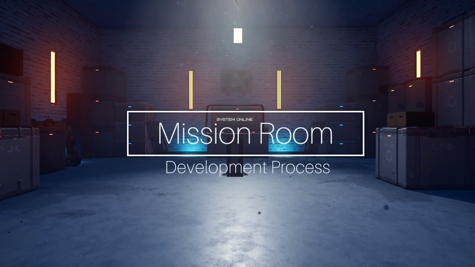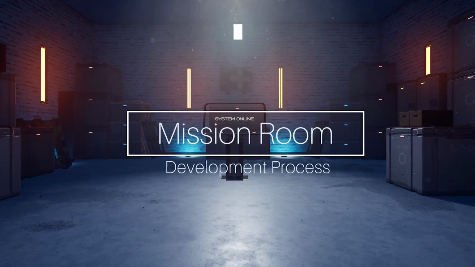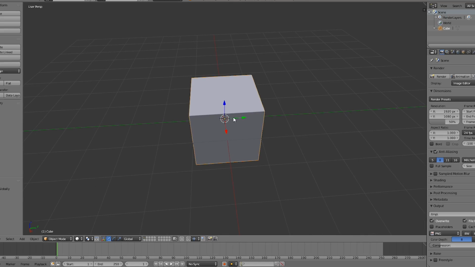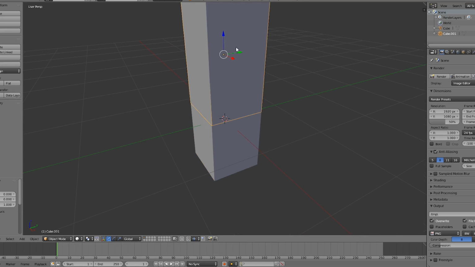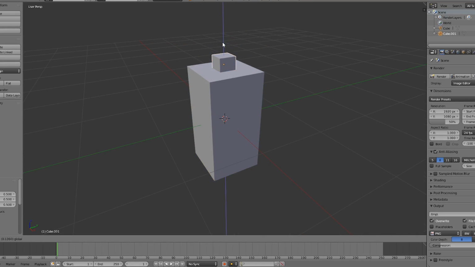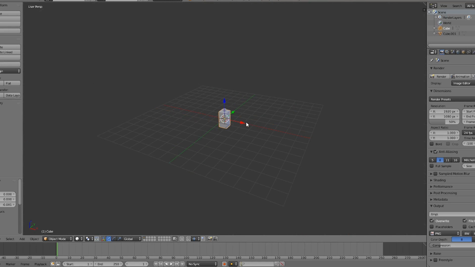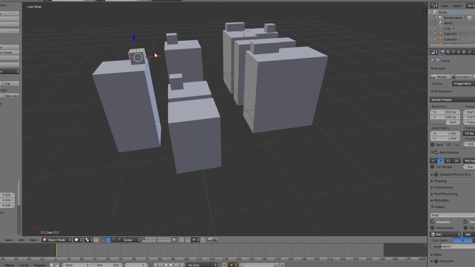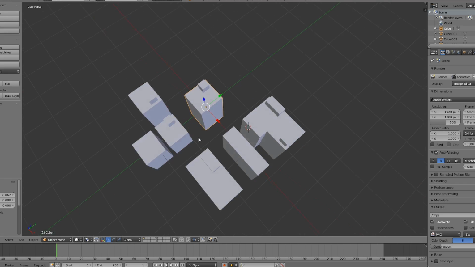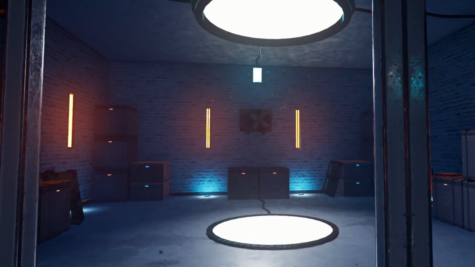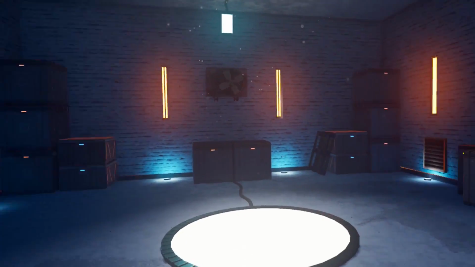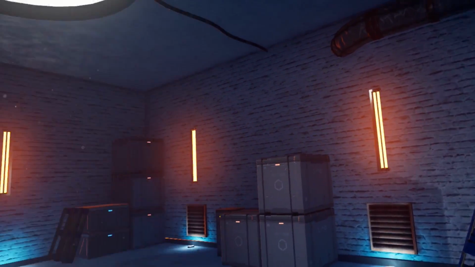For the mission room, I was originally going to have a computer terminal as a prototype asset. It was going to be in the center of the room, and you could interact with it, get information, and select missions. But it made the room feel extremely empty. It's such a small asset and it doesn't fill up the entire room. It's also not that interesting to interact with. So I thought back to The Division, and the user interface in that game is really nice.